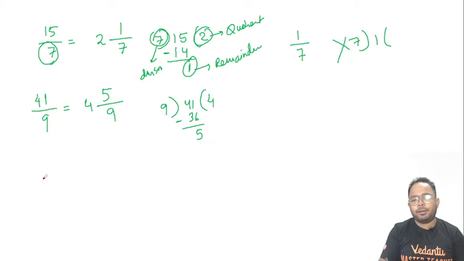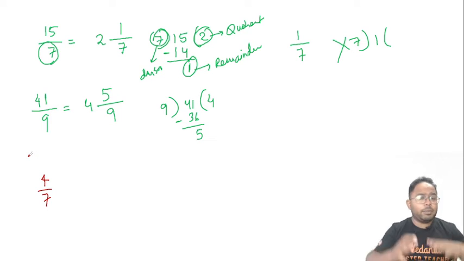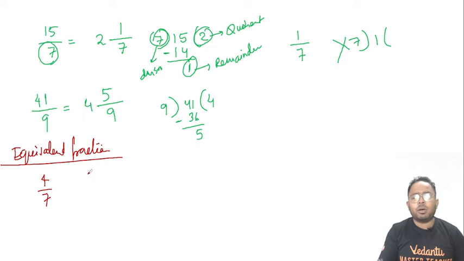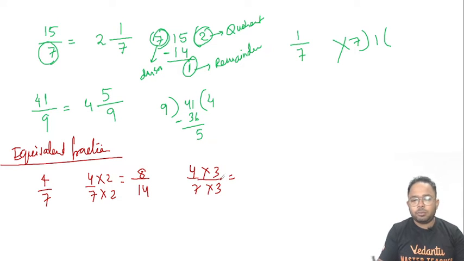जैसे मान लेते हैं, लेट्स से फॉर एग्जांपल हमारे पास 4/7 एक फ्रैक्शन है, ठीक है। अब मुझे इक्विवेलेंट फ्रैक्शन बनाना है। तो भाई 4/7 है, हम लोग अगर 4/7 इंटू 2 कर दें, 4 2 जा 8, 7 2 जा 14, 8/14, ये भी इक्विवेलेंट होगा। 4/7 के साथ अगर मैं 3 मल्टीप्लाई कर दूं, ठीक है, क्योंकि उसी के